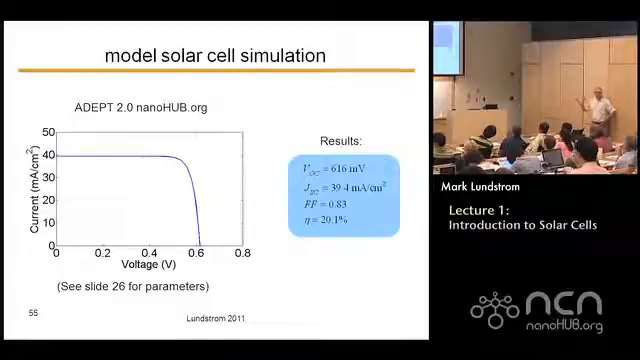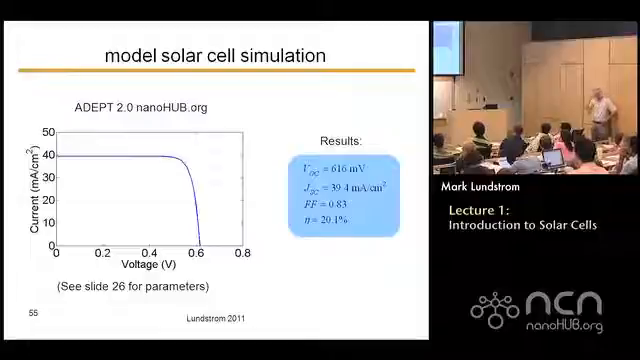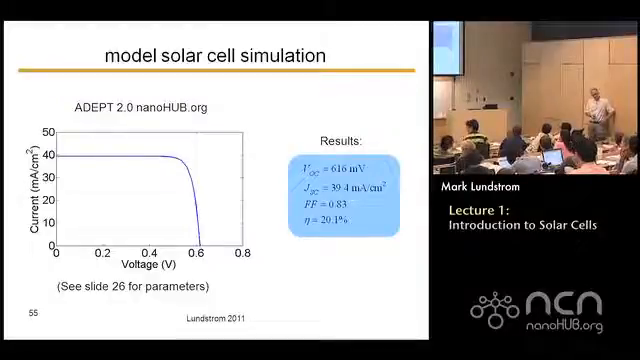This is not a record 24% efficient cell, but it's not bad. It's 20% efficient. This is a typical thing you could do without lots of fancy, expensive processing. Open circuit voltage is about 616 millivolts. Short circuit current. Remember, what was that number? Anybody remember that? We said the maximum current that you could get if you absorbed every photon above the band